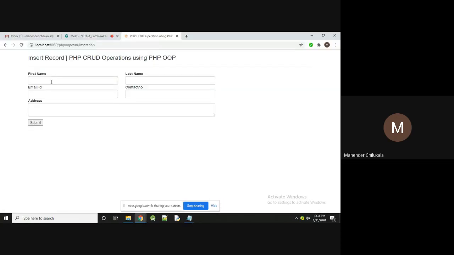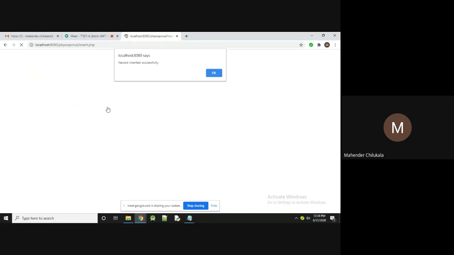Now insert a record again. I'm giving the last name as another one, the same mail ID, some phone number, and clicking submit. After clicking submit, the if condition is true, so the record is successfully inserted.